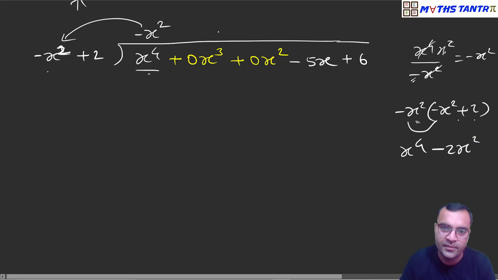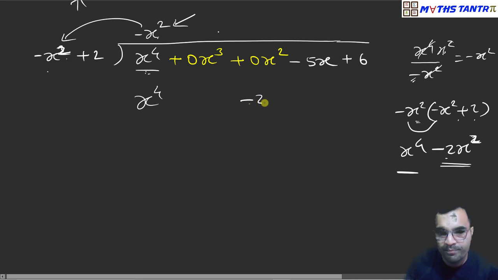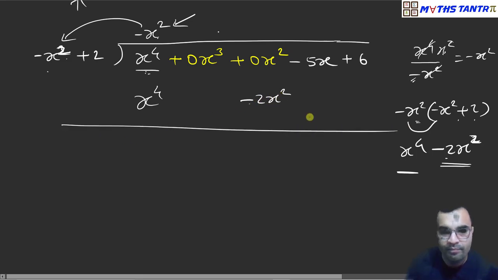2x square. So when you do this, that means what you will get a term, and when you multiply it, you will get the same term, right? Every time you are getting the same term. That is our target. Now this x square should be written below x square. Getting it? So subtraction, again change the sign. Plus will become minus, minus will become plus.